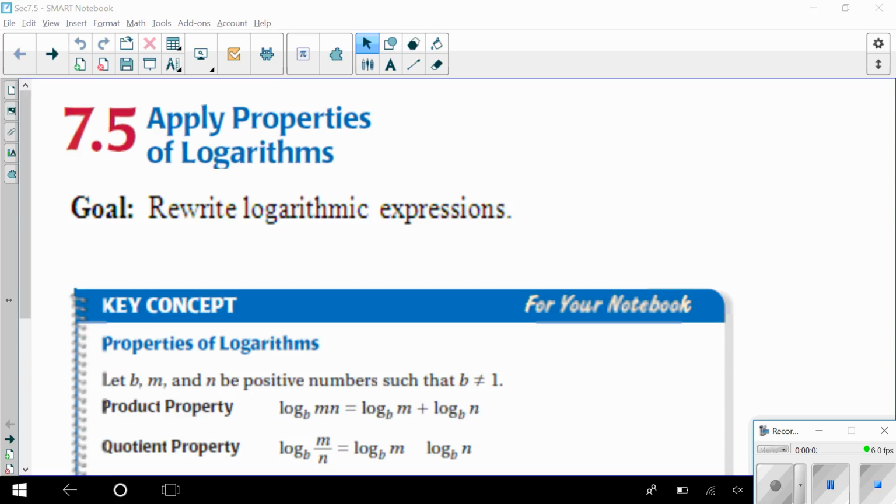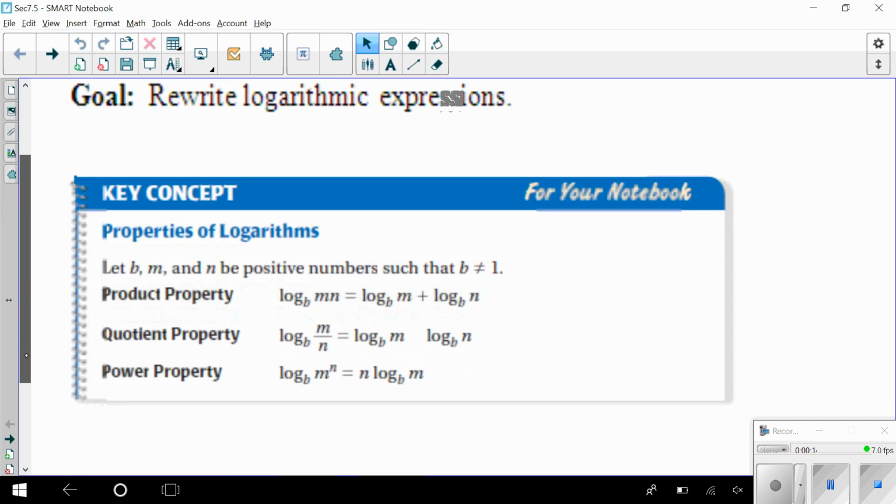Hi ladies, this is lesson 7.5, and in this lesson we're going to work on rewriting logarithmic expressions. So we already did a little bit about this in the beginning of 7.4, but we have some new properties here. So these are our logarithmic properties. In these properties we're assuming that b, m, and n are all positive numbers, and b does not equal 1. So if you remember the rules of logarithms, we had